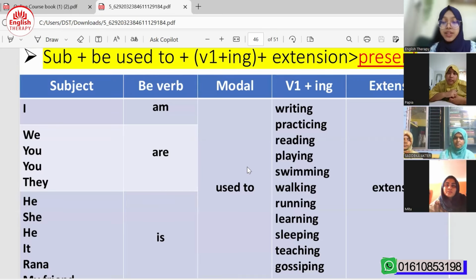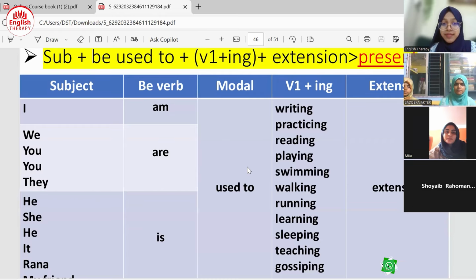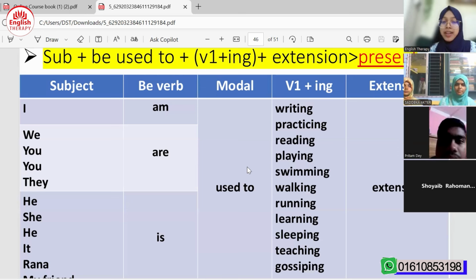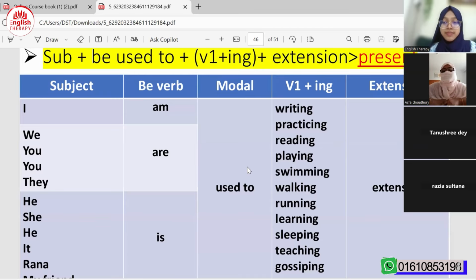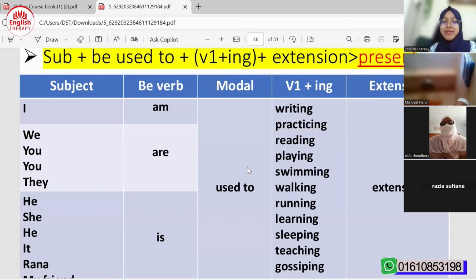Okay, so আমি শিখতে অভ্যস্ত। I am used to learning. আমরা শিখতে অভ্যস্ত। We are used to learning. আমরা ইংরেজি শিখতে অভ্যস্ত। We are used to learning English. Okay, তুমি ইংরেজি শিখতে অভ্যস্ত। You are used to learning English. If I say তুমি নিয়মিত ইংরেজি শিখো।